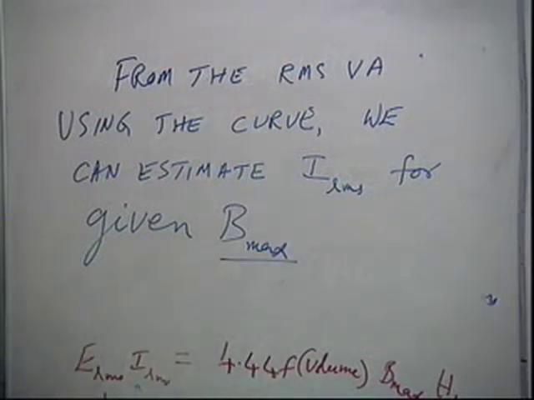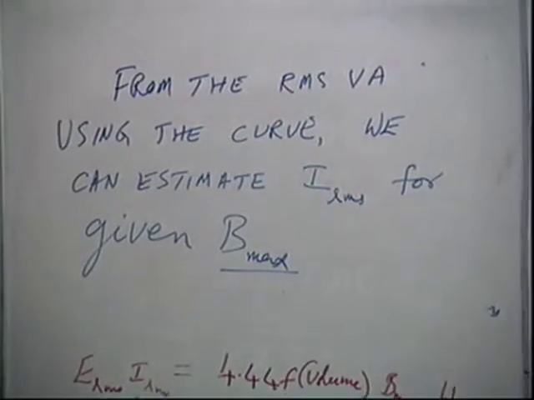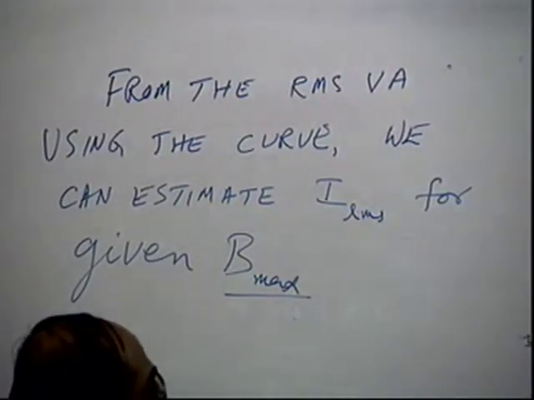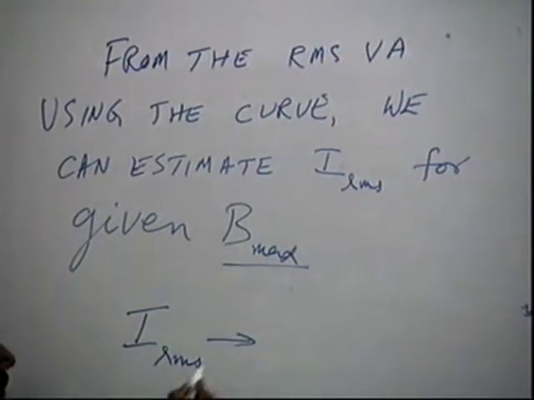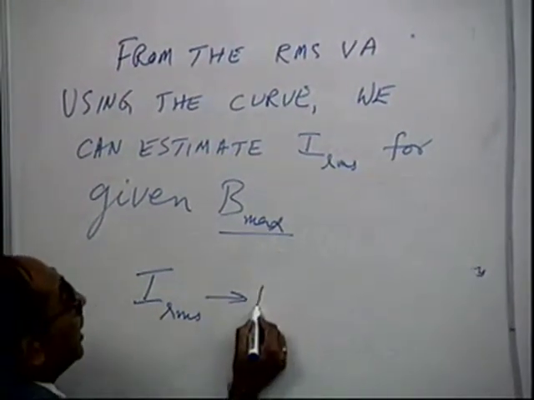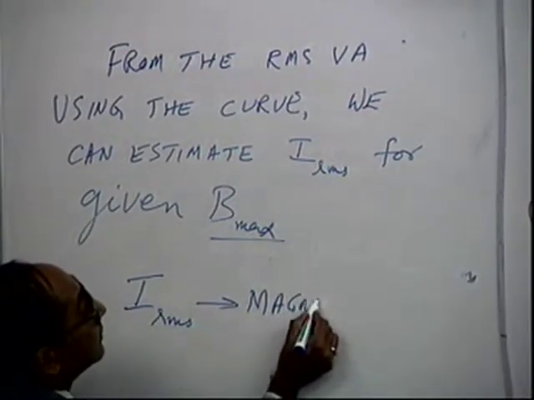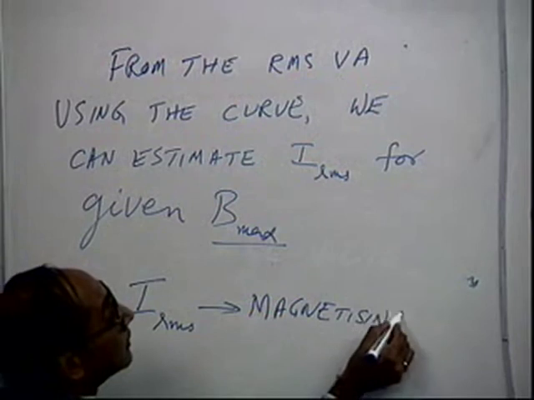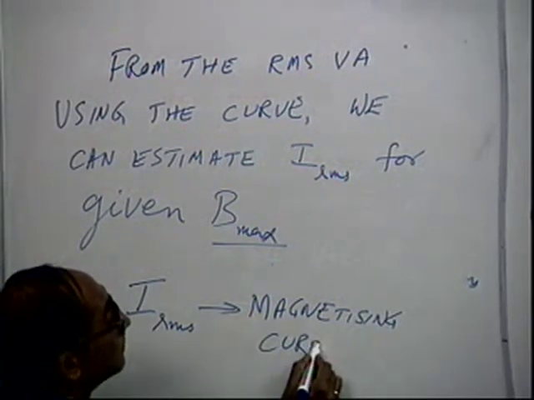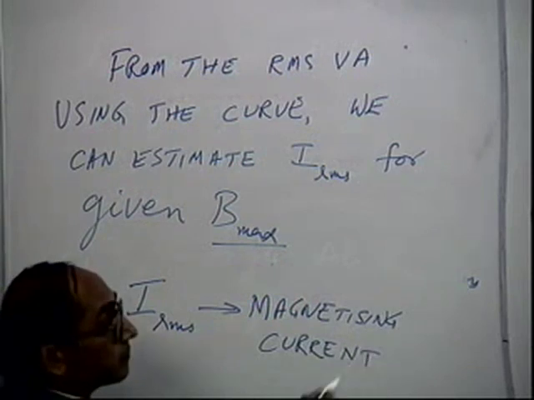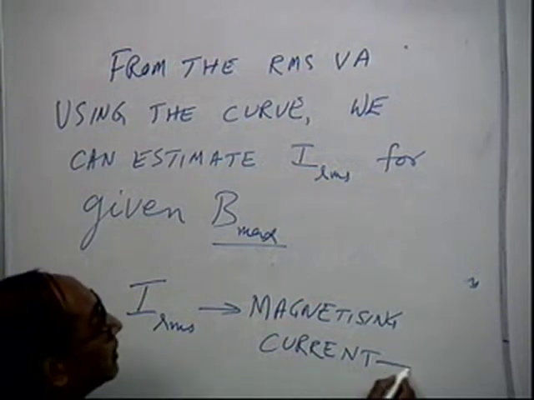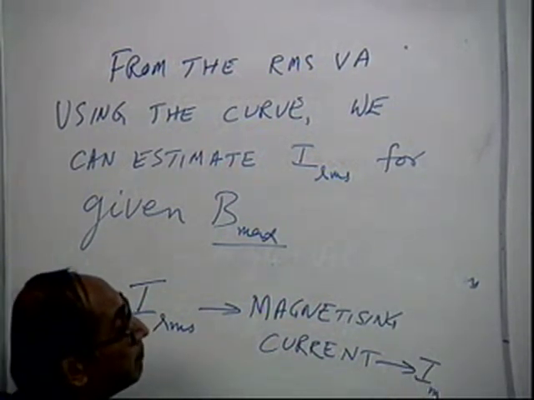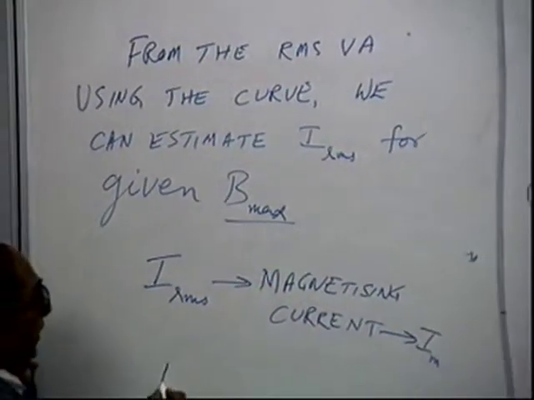If you would like to have a B max of say 1 Tesla, you can use these curves and get the IRMS. And this RMS current is named the magnetizing current. Sometimes they indicate it as IM. Okay, so this IM